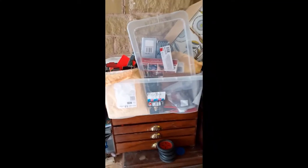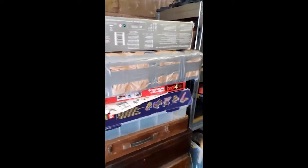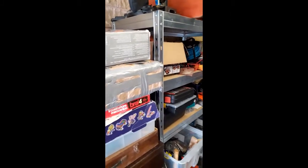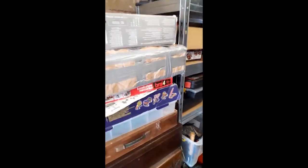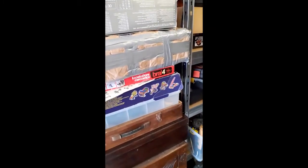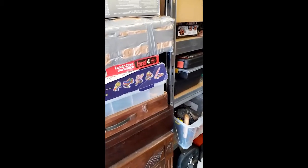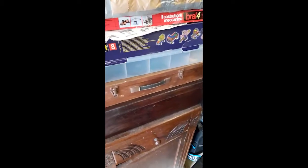So we're out in the garage now, and this is what I keep storing in the garage. Basically speaking, random assortments. To talk you through it, there's a box from Designer Kit, that in here is eventually waiting to be the Mechanoid G15 case or whatever it is that's going to be put together. There's a Bral set, a Merkur 8 set, some more Merkur 8 pieces,